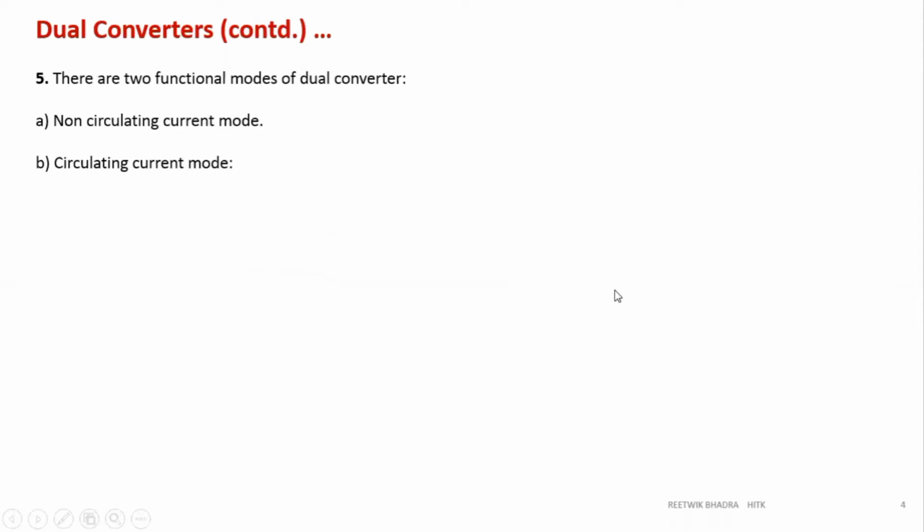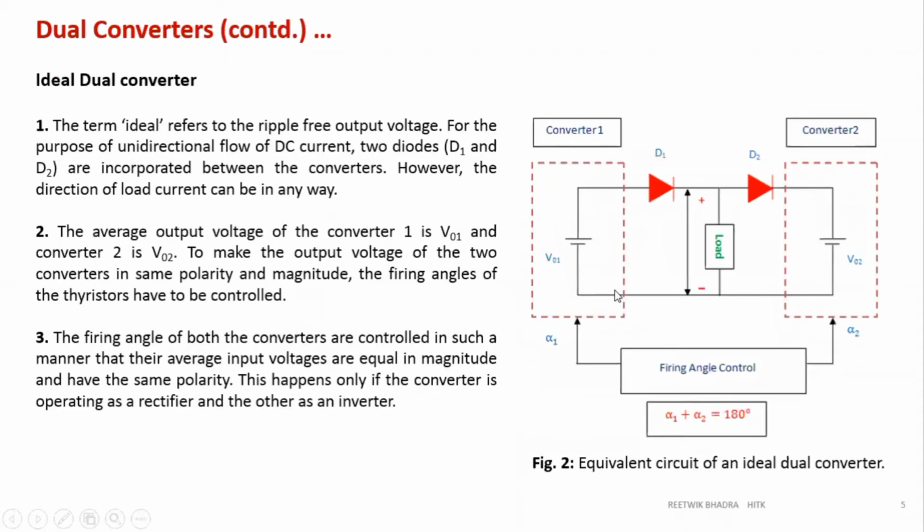Before discussing, we should understand what a dual converter is. We take first an ideal dual converter and try to understand the firing angles of converter 1 and converter 2, because how you control the firing angle gives your output voltage. So converter 1 and converter 2 should be controlled in such a way that the required quadrant of operation is obtained. Now, how is that firing angle control done? The formula is alpha 1 plus alpha 2 equals 180 degrees. In the next slide, we have a derivation for it. No need to worry about how it is coming.